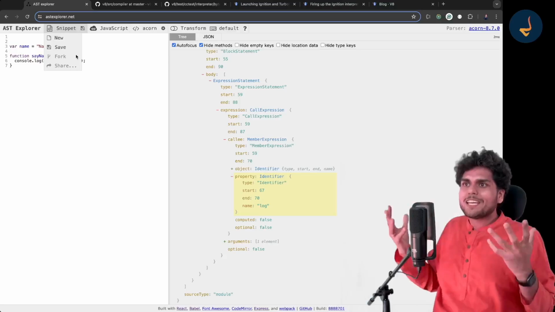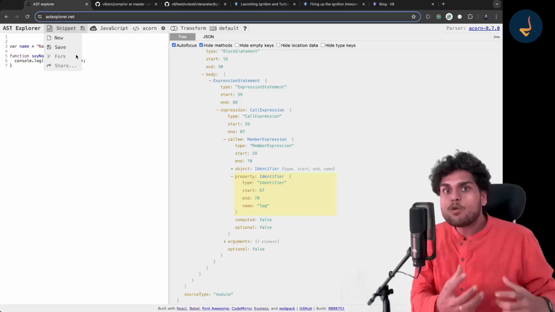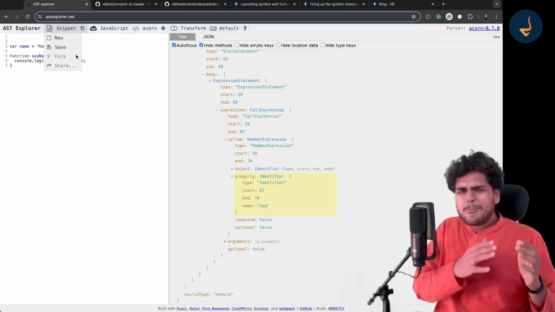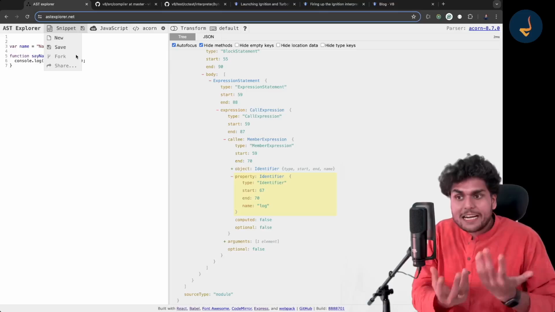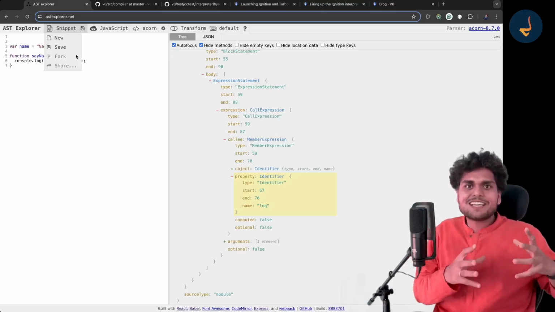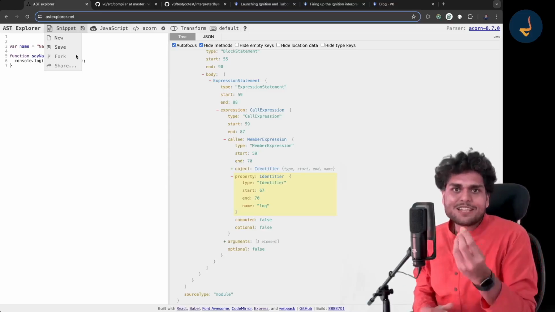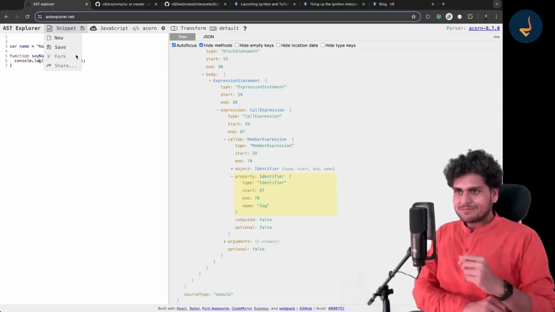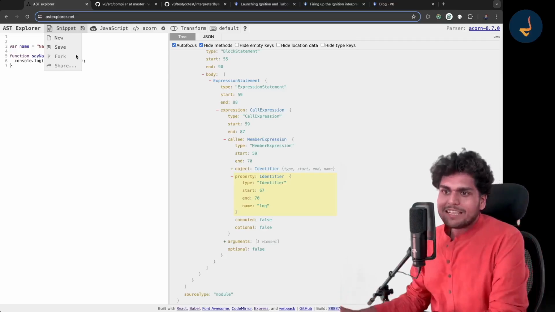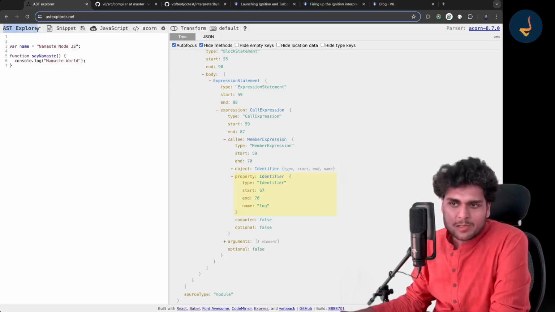I was so curious to study Node.js and how the V8 engine works behind the scenes. And then reading led me over here. I found an amazing website which translates your code into your AST, the abstract syntax tree. You can see this website, it is known as AST Explorer.